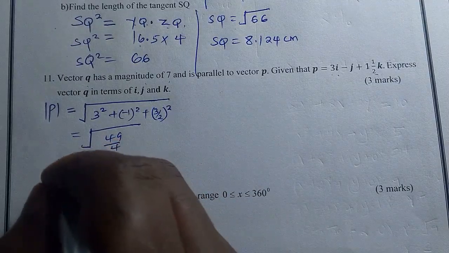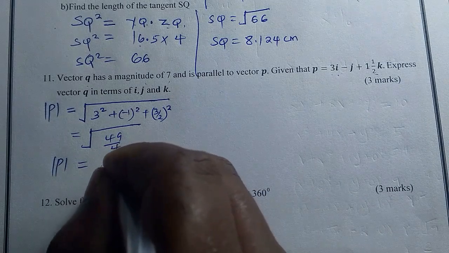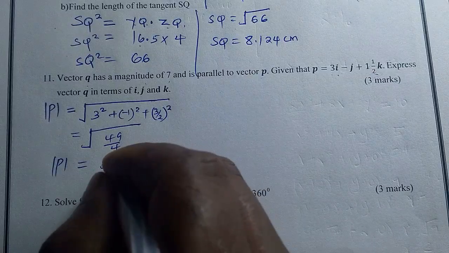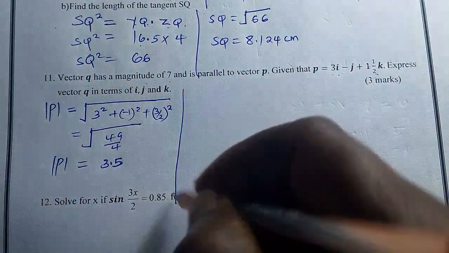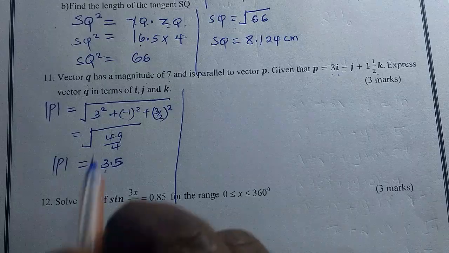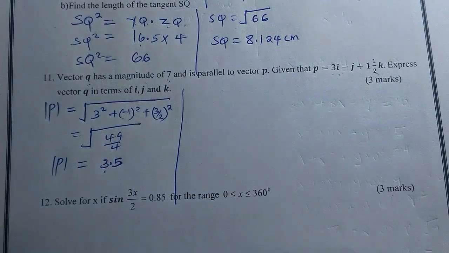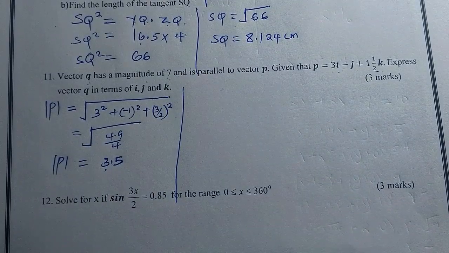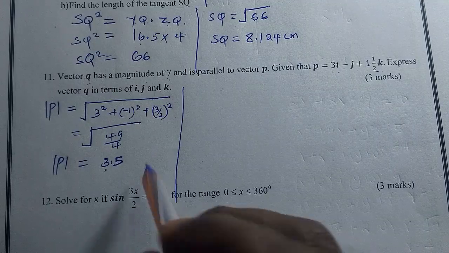So the magnitude of P is actually 3.5. Now we have the magnitude of P as 3.5, but the magnitude of Q is 7. But we know that if two vectors are parallel, one must be expressed in terms of the other. So one could be twice or thrice of the other. So you can clearly see that